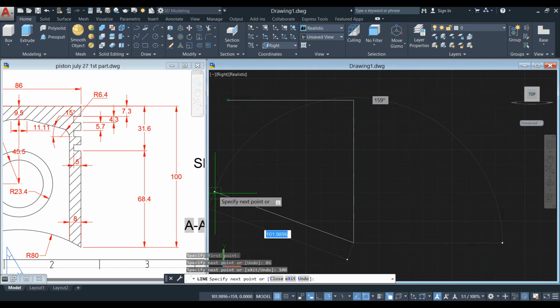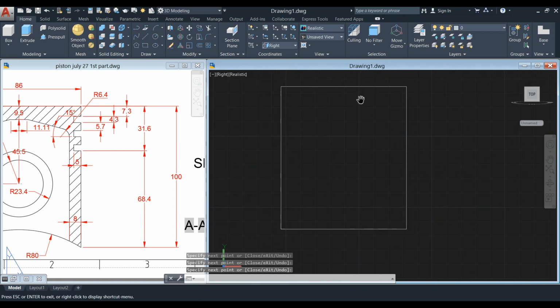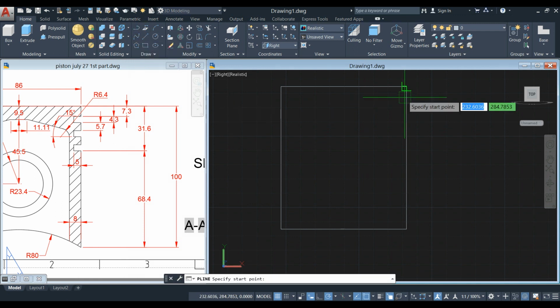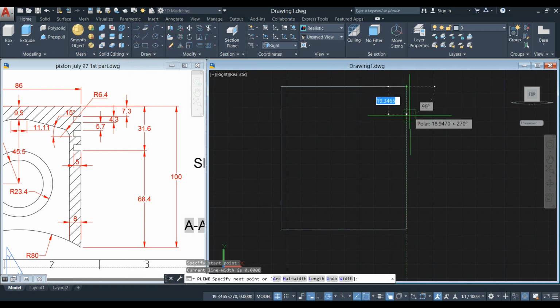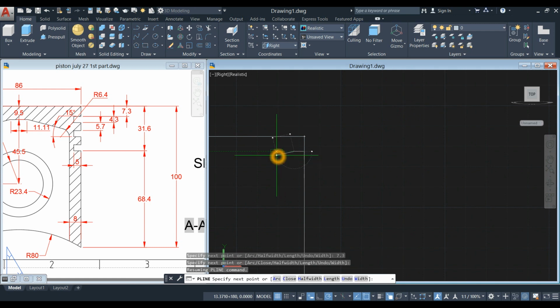I'm just gonna track an in point. I'm gonna use polyline from the draw panel and draw a line from in point downward for 7.3 and to the left for 5 units, and downward from this point to this point is 4.3 and to the right for 5 units, downward for 5.7, to the left for 5,